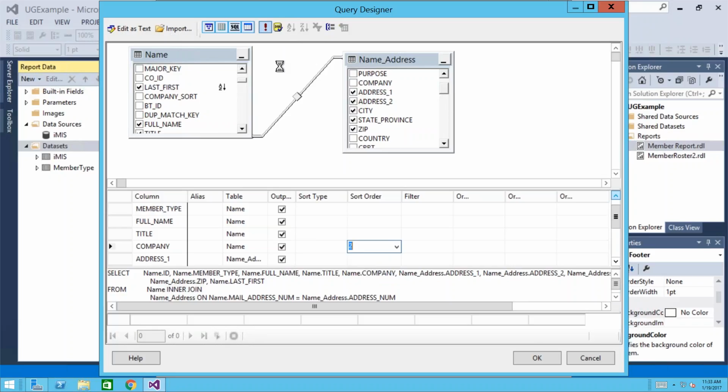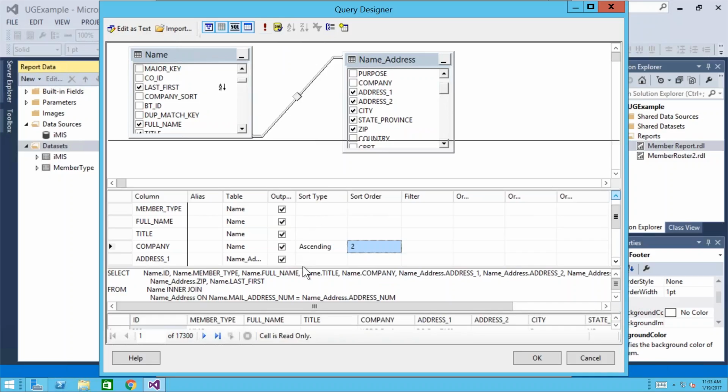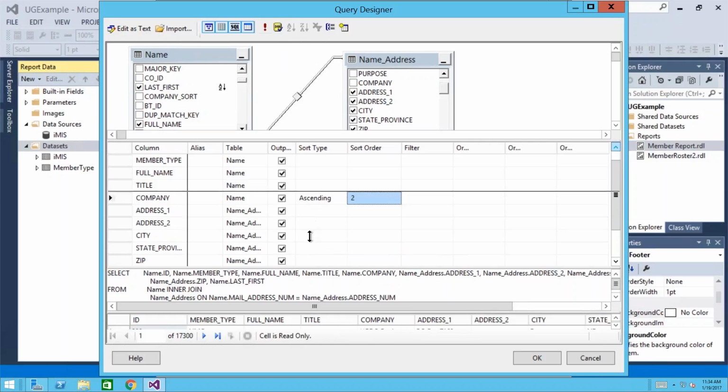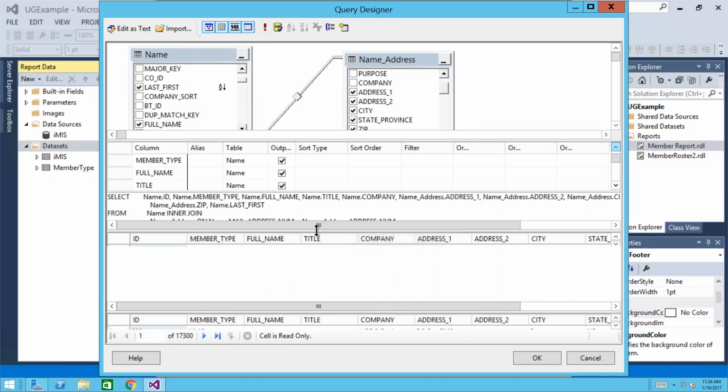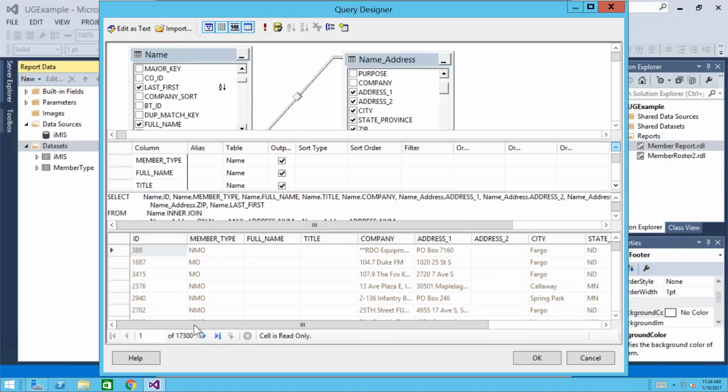So if I run this right now, I don't have any filters. And a filter means I just said, hey, give me every record in the database. I haven't really said by member type or, you know, whatever, active records, inactive records. So if you notice, I have like 1,700 records right now. That's quite a few records. And you can see all these different member types, and we can see companies and so forth, right? So